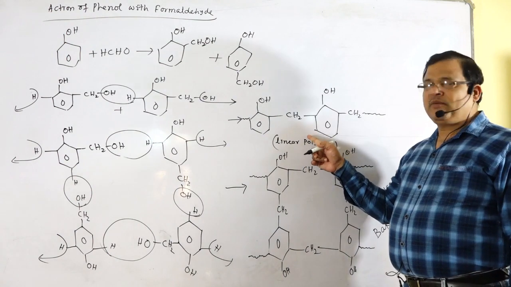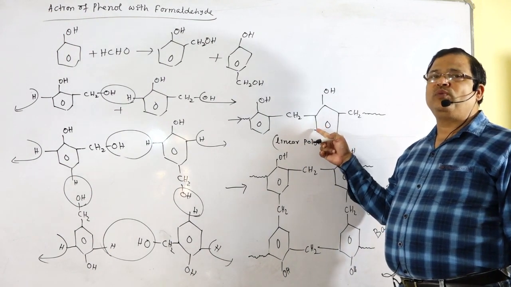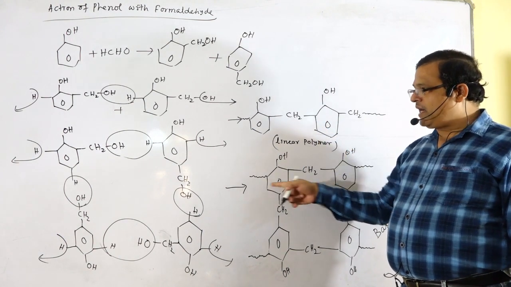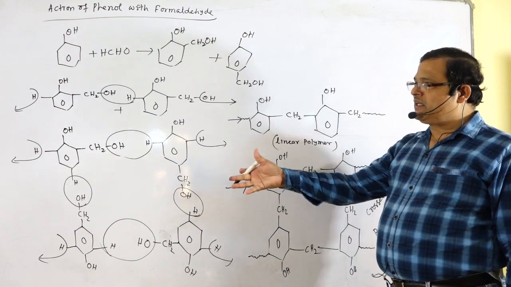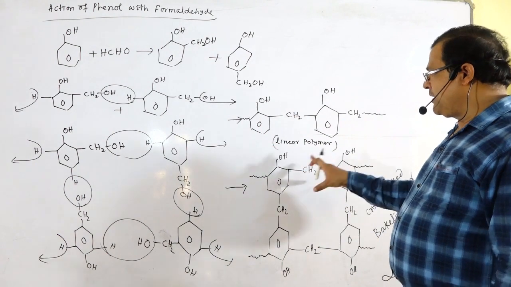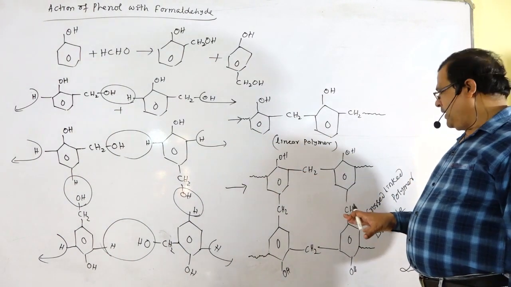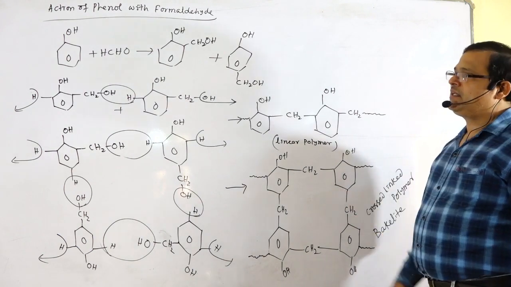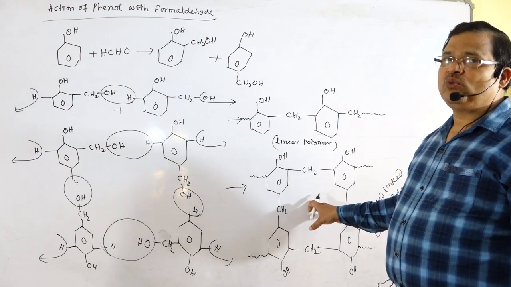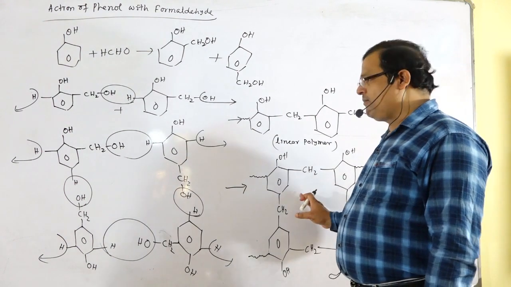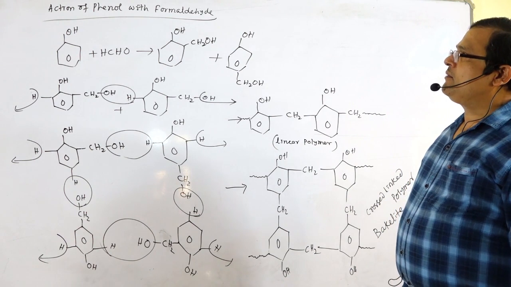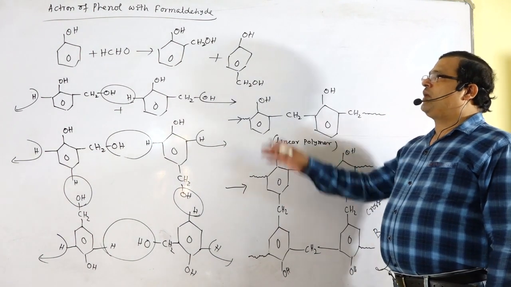So this linear polymer is used for the preparation of different glue materials and for the preparation of tabletops. But this hard material, whenever there is cross-linking of both the ortho and para products, there is the formation of that cross-linked material, and that is known as bakelite. So this bakelite is used for the preparation of very important electrical goods like switches, cutouts, boards, etc. These are the uses of phenol. So this is the reaction of phenol with formaldehyde to form ortho and para products.